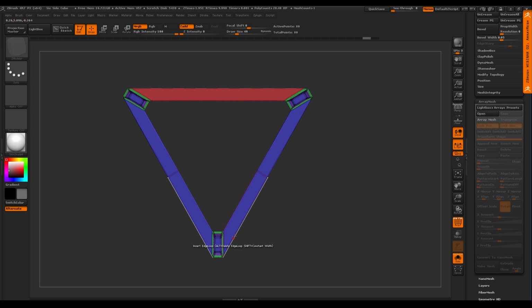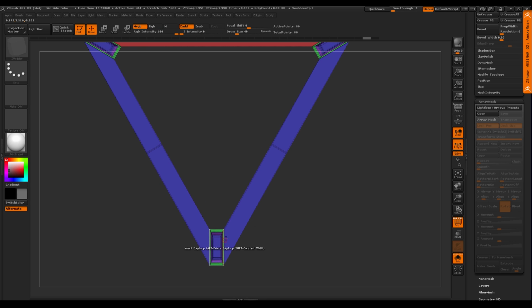And how this works, whatever edge along this edge right here, wherever I start and click, and then hold the shift key, that's the one it's going to try and match, the closest edge. So this edge right here is my closer edge when I click here. This edge is closer when I click here. So imagine cutting this in half again. If I'm on the halfway point on this side, and I hold the shift key, it's going to give me a nice straight parallel edge like that. If I'm further down this edge and I'm clicking here and holding the shift key, it's going to try and be more parallel with this edge.